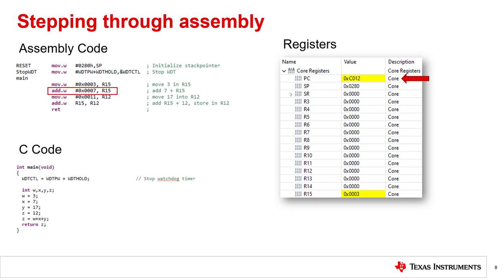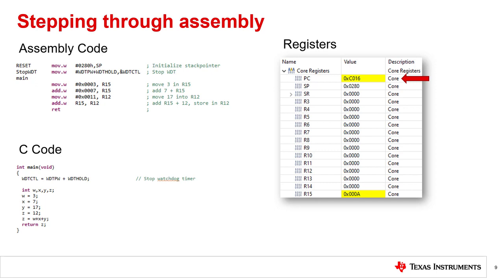Here we have an add instruction. Here the program will add 7 to the value of R15 and keep the result in R15. Let's execute the line. Once executed, the result of 7 plus 3 is stored in R15. Remember, hex A is decimal 10. The program counter is also updated here. Again, the program counter was updated by 4.